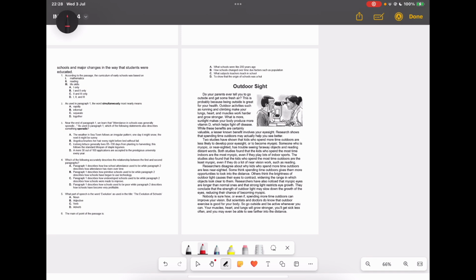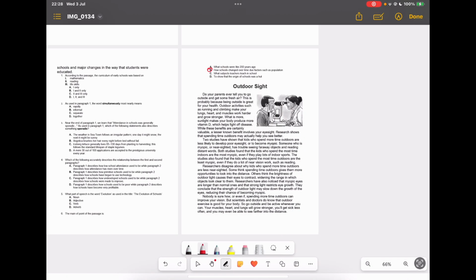here. So question 6. The main point of the passage is A, what schools were like 200 years ago, B, how schools have changed over time due to factors such as population, C, what subjects teachers teach in school, D, to show that the origin of school was a hut. Well, this one is going to be B, how schools have changed over time due to factors such as population. Okay, next is outdoor sites. So this one,